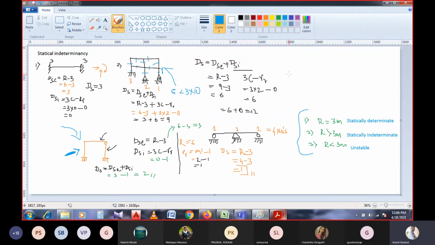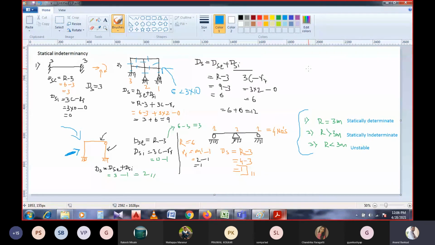Just to remind you, for rigid joints we will have three forces: shear force, bending moment, and horizontal force. These three types of forces you can expect in a rigid connection. But in a pin connection, we will have only two forces, that is axial forces. The moment will not be there, because the moment is released. That is why we call it a pinned connection, right?